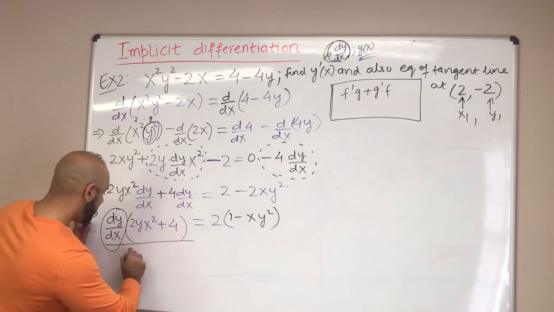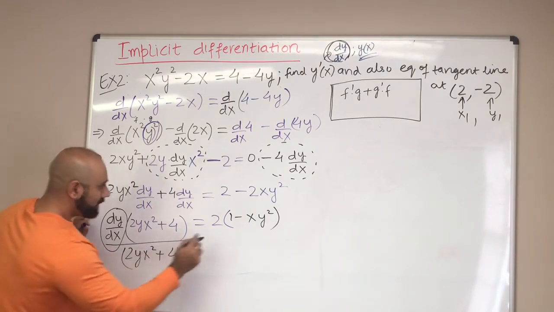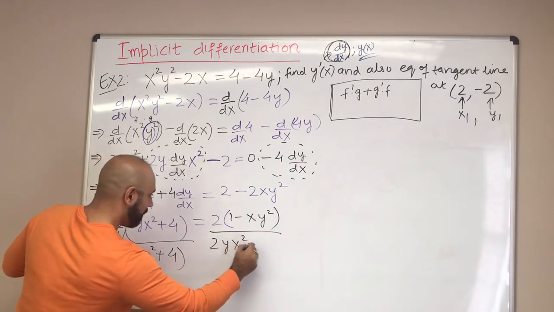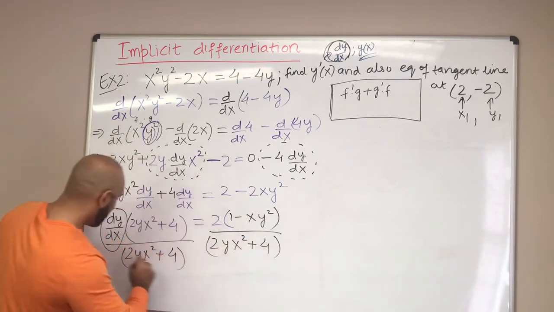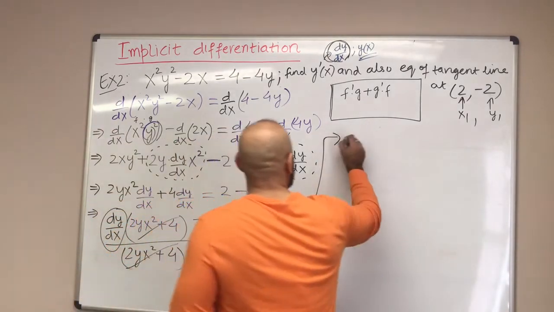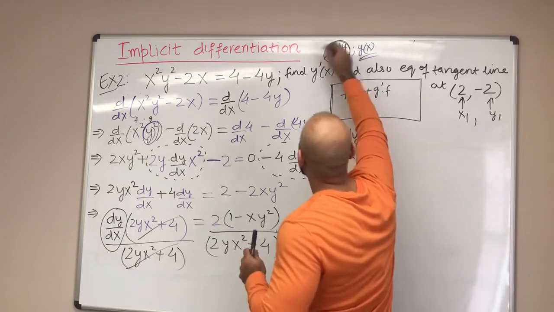So I'm going to divide both sides by 2yx squared plus 4. If I divide the left hand side, I have to divide the right hand side too. So 2yx squared plus 4. Guys, this crosses out. Once this crosses out, what do I get? I get dy over dx on the left hand side,